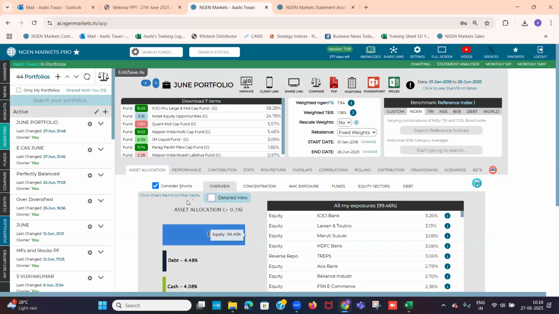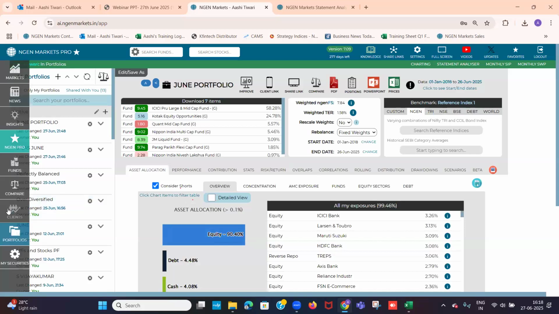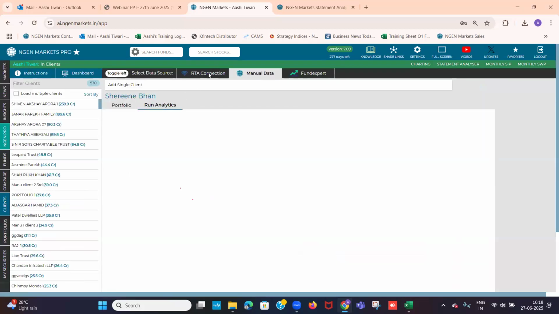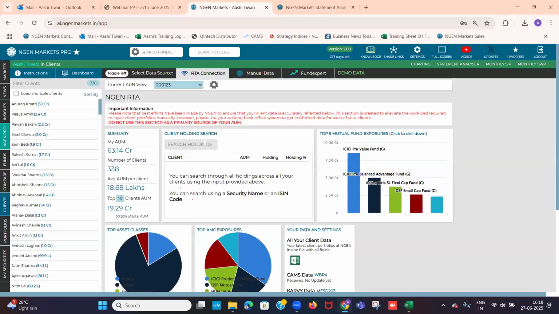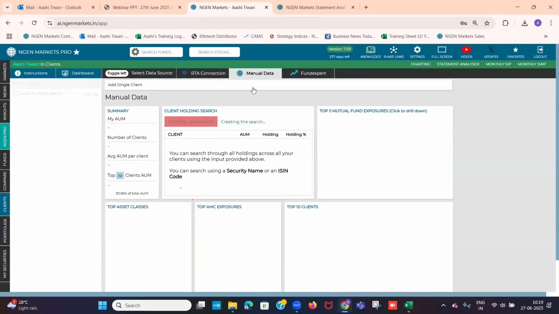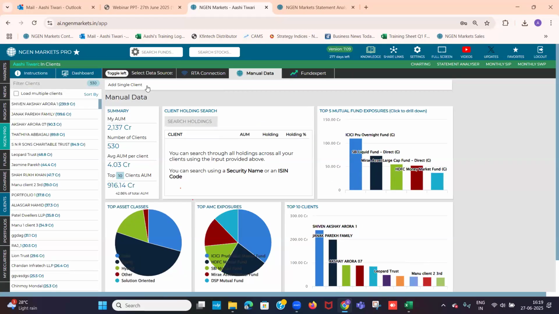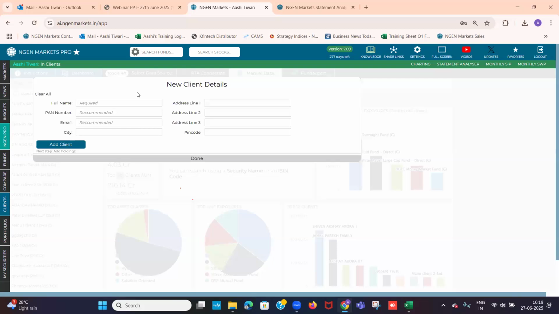Now, just to summarize the four methods that we have looked upon in the client section, the first method that we came across was the RTA connection tab, wherein all of your existing clients get onboarded using ARN or RIA code. The second method was the manual data tab, wherein you can input the information manually by searching for the name of the funds as well as the stocks against which you can input the